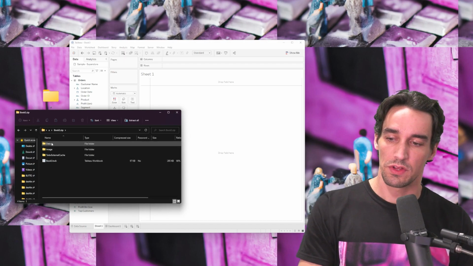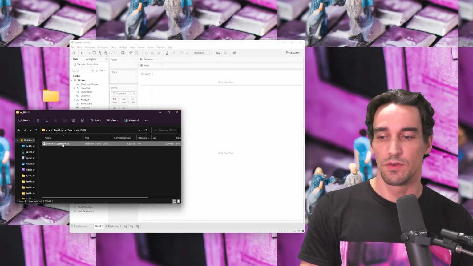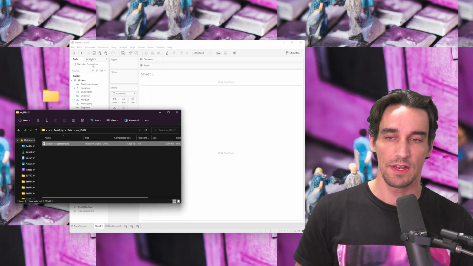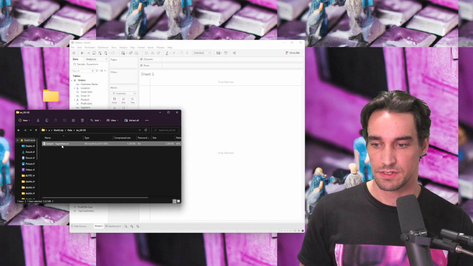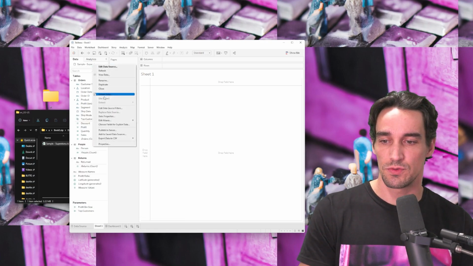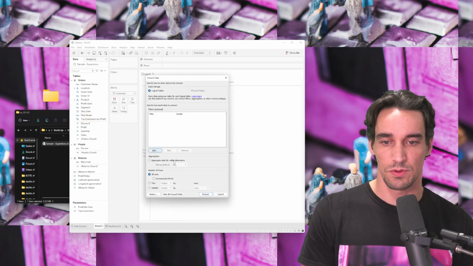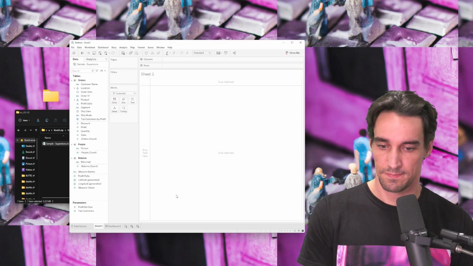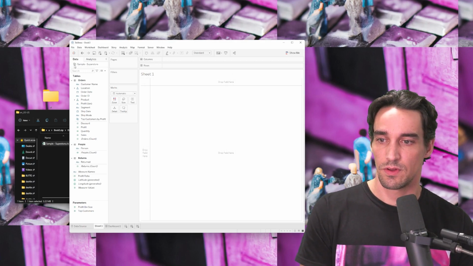Now, whenever we look at this data, notice it's an XLS because we're live connecting to this file. And I want to point out what happens when you extract the data. So we'll just say extract. Okay, now